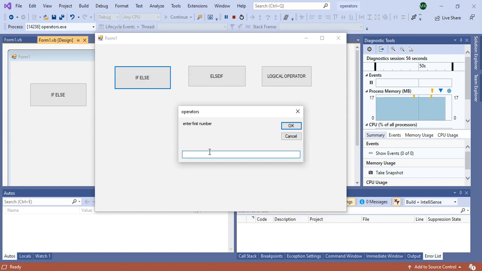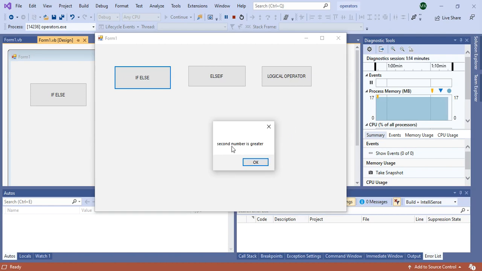It is asking for input values. This box is called an input box. The input message is enter first number, 5, then enter second number, 9, and the second number is greater.